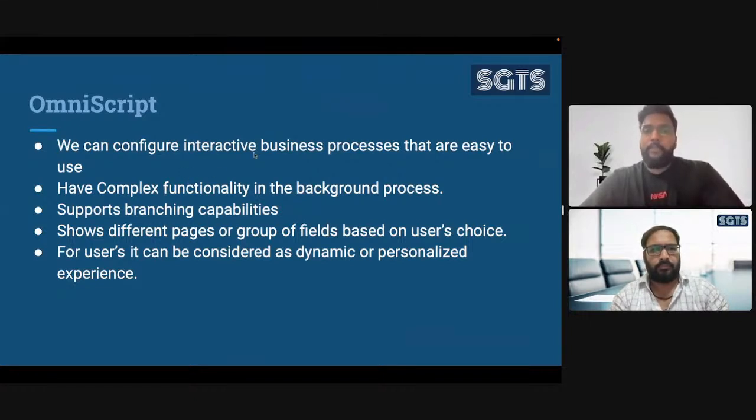But whenever you want to create some business process or step-by-step process for a user, then we will be creating the OmniScript and have complex functionality in the background processes. As in the screen flow also, we can call some Apex classes, we can push some data, we can fetch some data from the database. All these things we can also do in the OmniScript. And